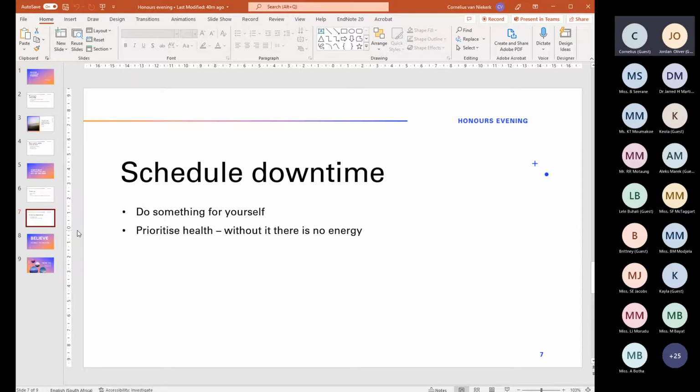Obviously, another thing would be to look after your health. That is something that is often said, but it's very difficult to do. So again, for me, the idea that worked the best was to actually schedule it in. So I have a dog that I have to go and walk every day, twice a day. So she keeps me on a schedule, and also as a reminder to just step away for a minute, even if it's a few minutes every day, but you do need to see some sunlight,